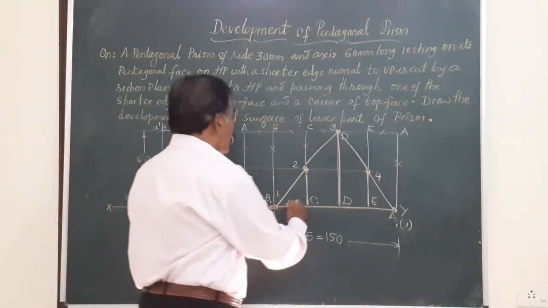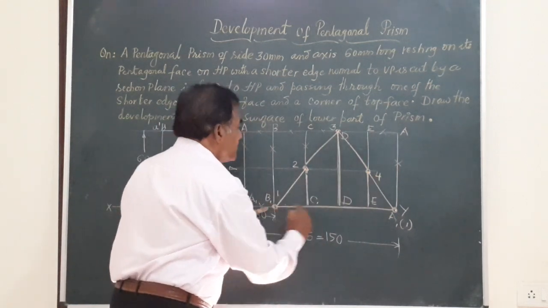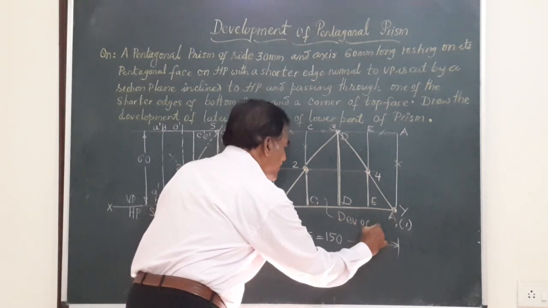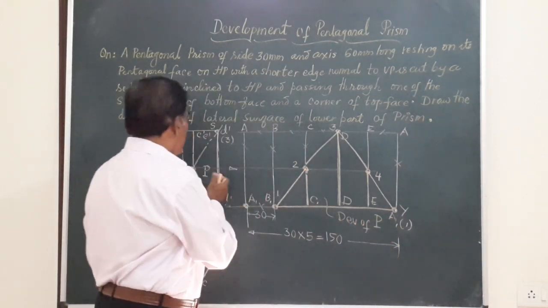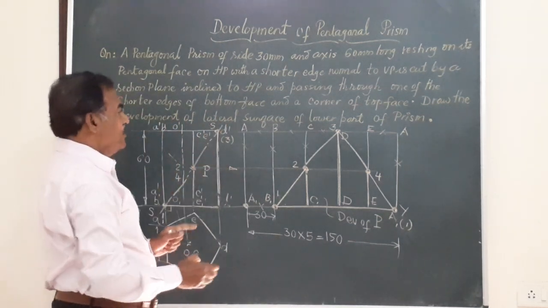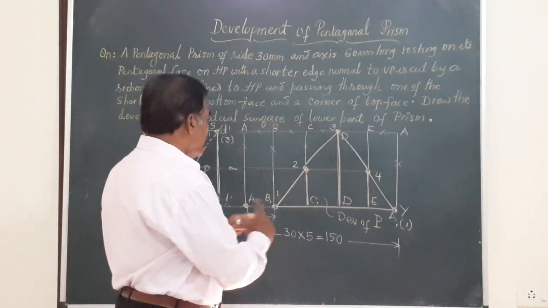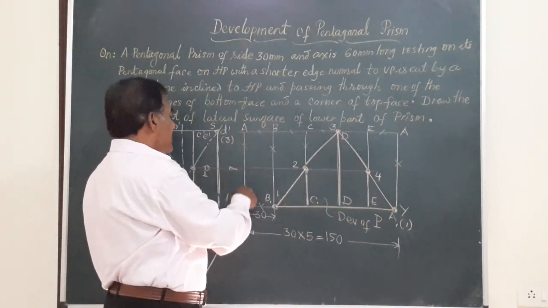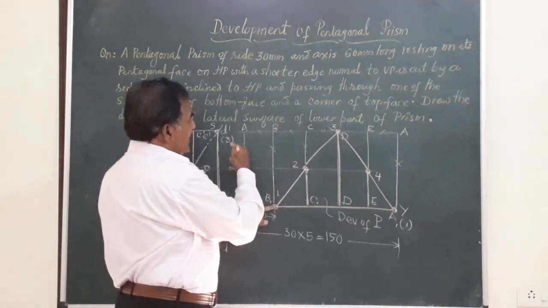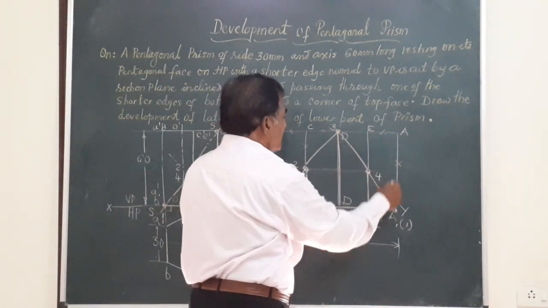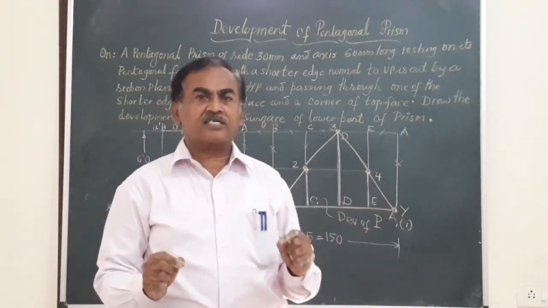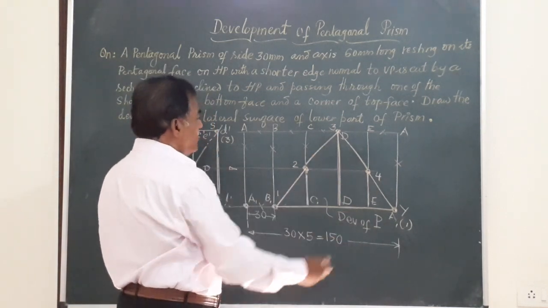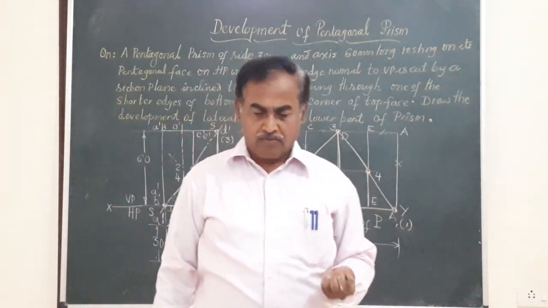Whatever I have shown in color here, friends, that gives you the development of P. This is the development of P, the part that is retained after it is cut by the section plane. So this is the complete solution. Whatever I have shown in color by dark line should be darkened. All these lines like AA1, BB1, this line connecting them, here this line, are to be retained as a construction part of the development, and this will give you the complete solution of the problem.